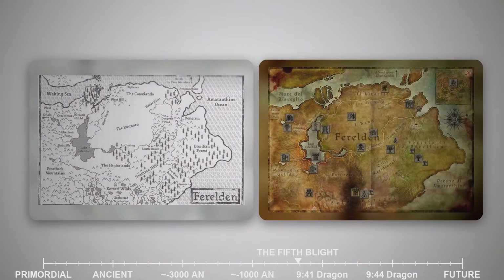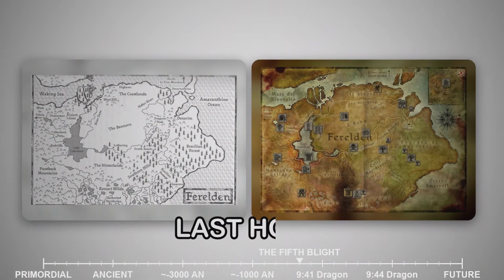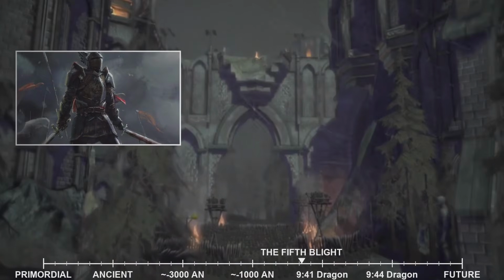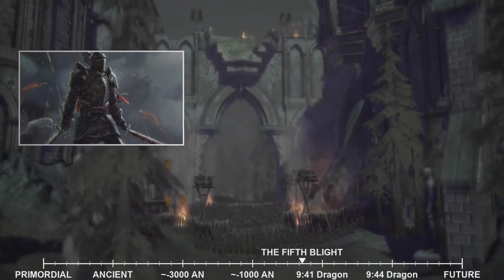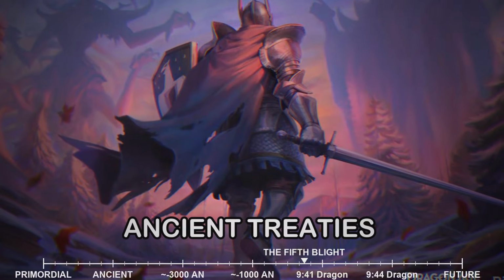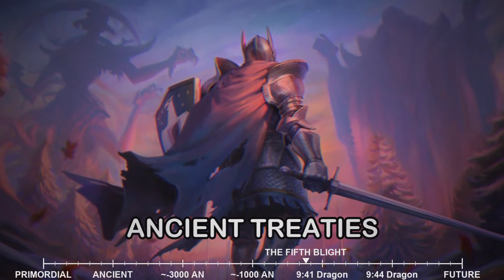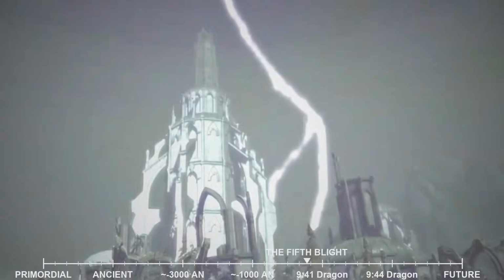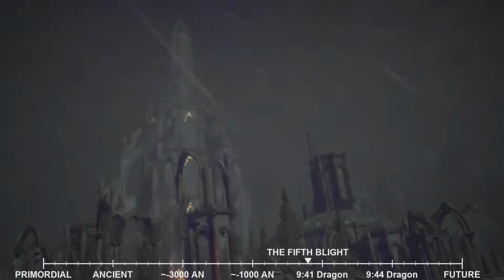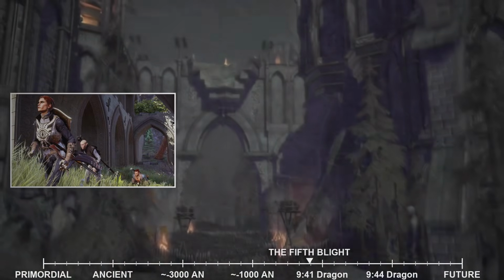With Ostagar lost and the Grey Wardens decimated, you and Alistair found yourselves as the last hope for Ferelden and, indeed, for all of Thedas. Your immediate task, entrusted to you by Duncan before his heroic demise, was to invoke the Grey Warden treaties. These ancient treaties, forged centuries ago, bound the rulers of Thedas to provide aid and resources to the Grey Wardens during a blight. To invoke them, however, required proving your authority as a Grey Warden and persuading skeptical leaders to set aside their political squabbles and unite against the common enemy.